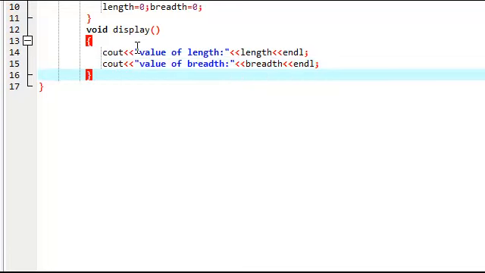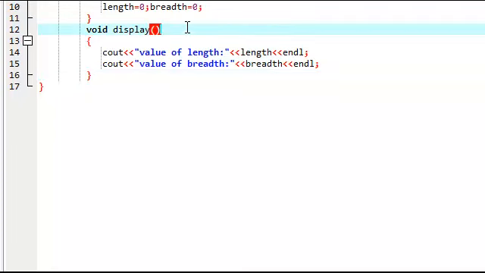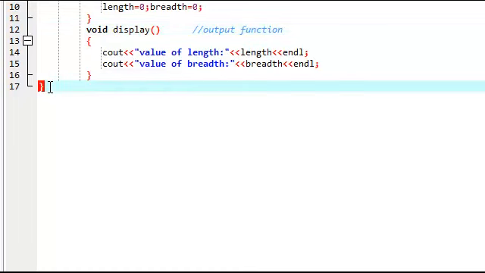Okay, here the output function definition is completed. So this is the output function. Here the class definition is completed, so I put the semicolon here. This semicolon indicates the end of the class.